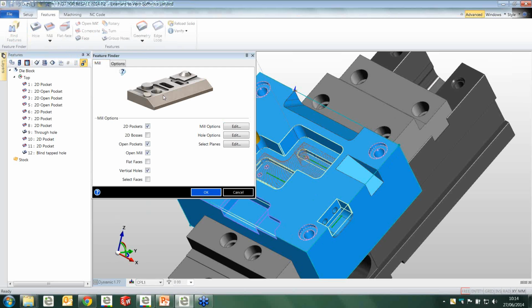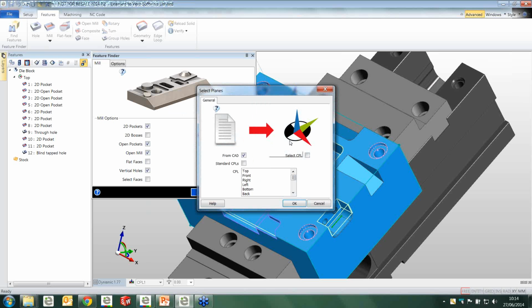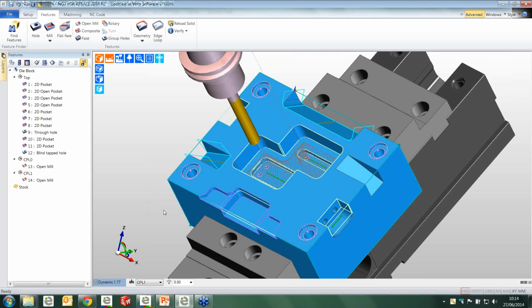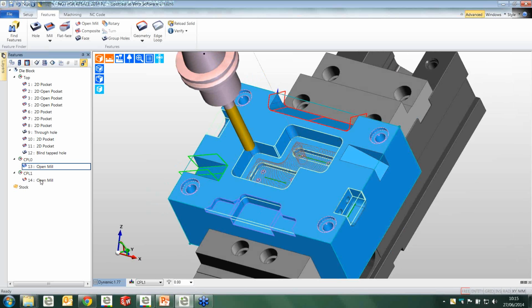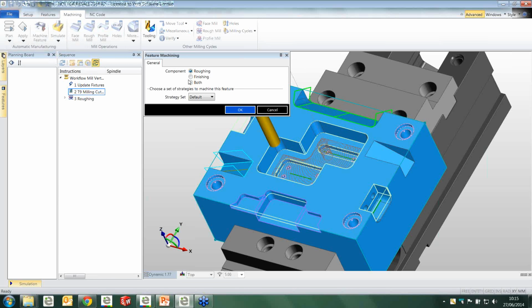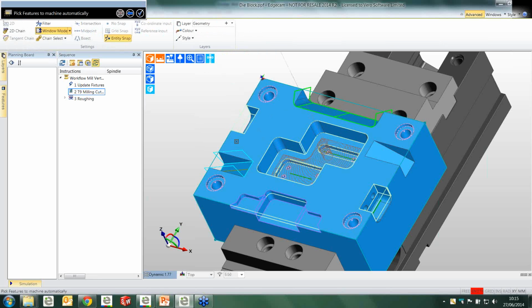Now I wish to find the manufacturable features, but this time we're looking on a particular plane. I'm going to be using the 2 planes that we just created, and now we have some additional features that we can see in the feature tree. So once again, to manufacture those features, we can use the machine feature command, and this time let's have a look at doing some roughing and finishing. And I'd like to select the slot that we see and the open area,